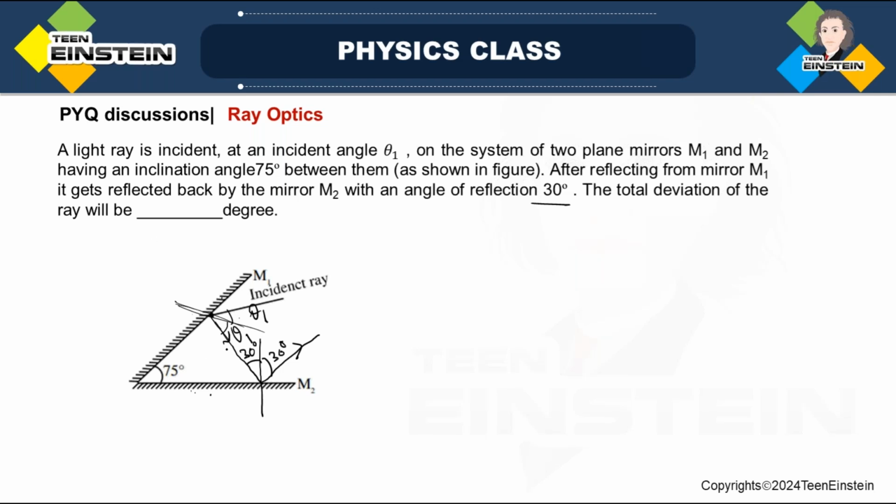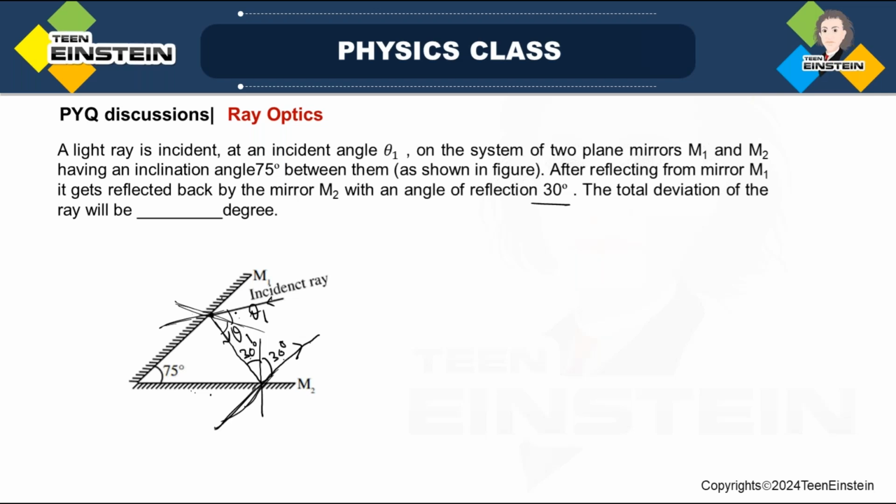Total deviation is actually the angle between these two rays, this one and this. What is the total deviation? So theta 1, this is 30, 30, 60. If you draw back this way and you have this one. Anyway, this can be solved geometrically,